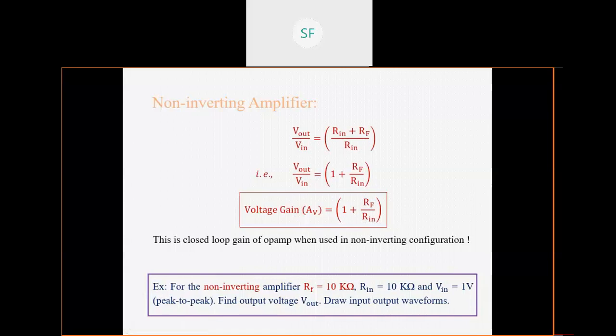Now we will solve one problem so that the concepts will be clear to you. The difference between this problem and the earlier problem is highlighted here. In the earlier problem there was an inverting amplifier. Now we have taken a non-inverting amplifier, and the value of RF I have changed. The value of RF is now 10 kilo ohm; in the earlier case it was 20.